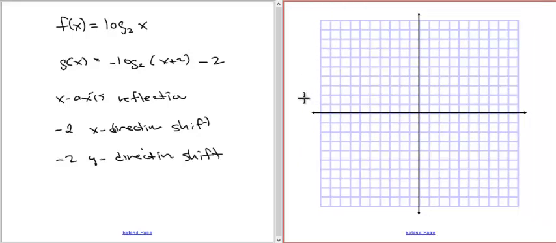So we're going to shift the y-axis 2 units negative in the x direction, and we're going to shift the x-axis 2 units in the y direction. So that's my new